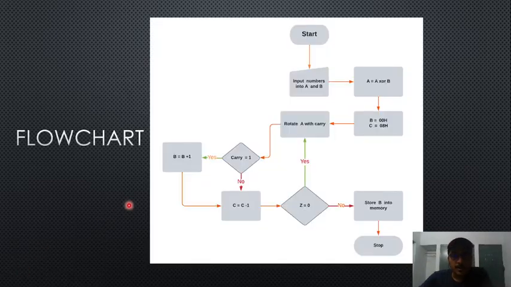So let us look at the flowchart. In the flowchart, initially we will input the two numbers into registers A and B, and we will perform an XOR operation between the two numbers. Then we will start another algorithm where we initialize registers B and C with 0 and 8 respectively, and we perform an operation called rotate A with carry, and we check whether the carry flag is set. If the carry flag is set, we will increment the contents of register B, else we will decrement the contents of register C directly,